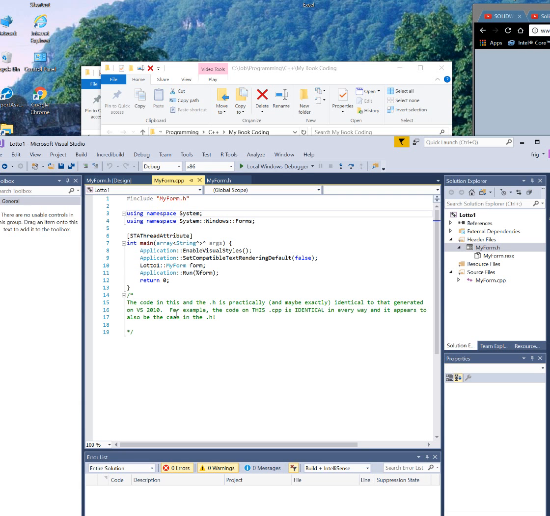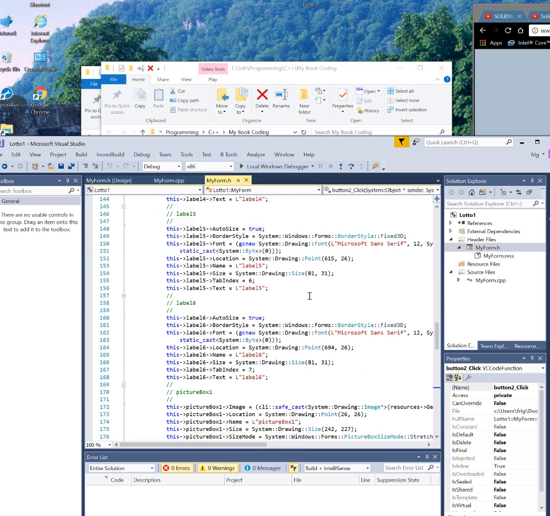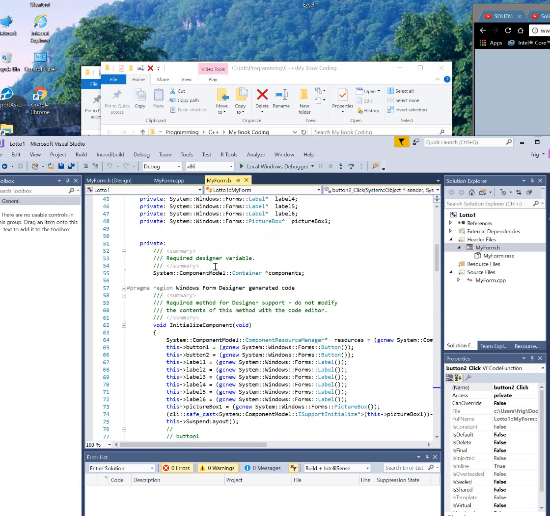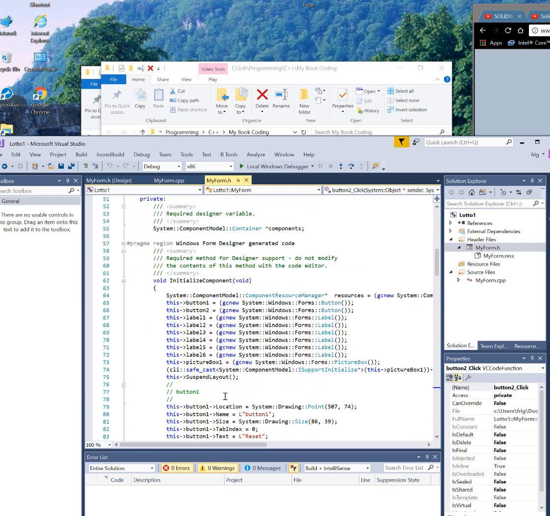So anyway, the fact of the matter is that there's very little in the CPP file in here, but in the .h file you've got all this garbage, and you never really touch it. It tells you not to: "Required method for designer support, do not modify the contents of this method with the code editor." So you should not touch this. As you add controls, it'll add entries to this,